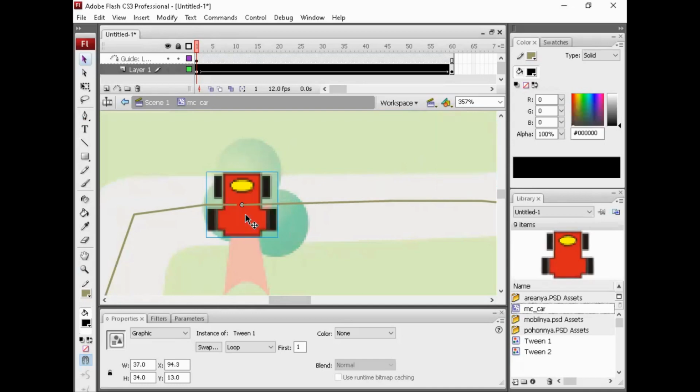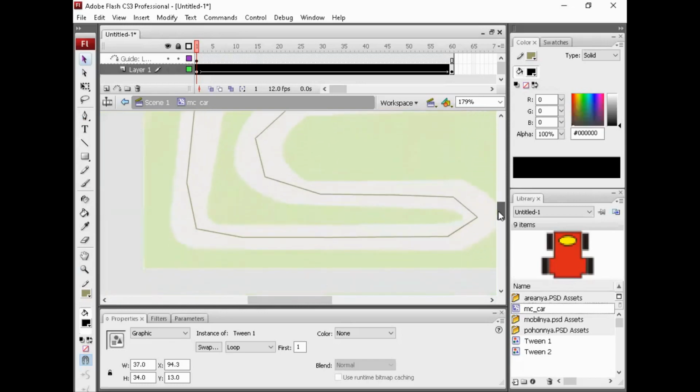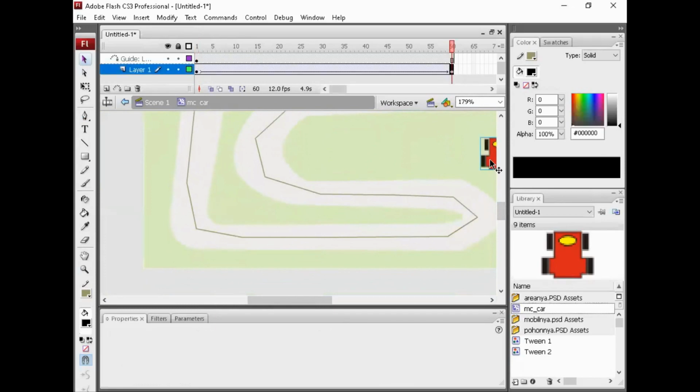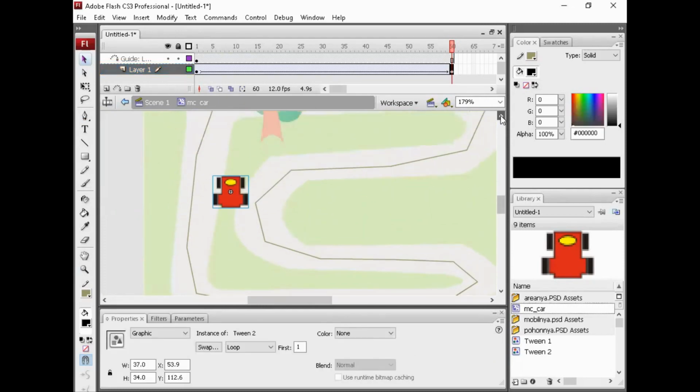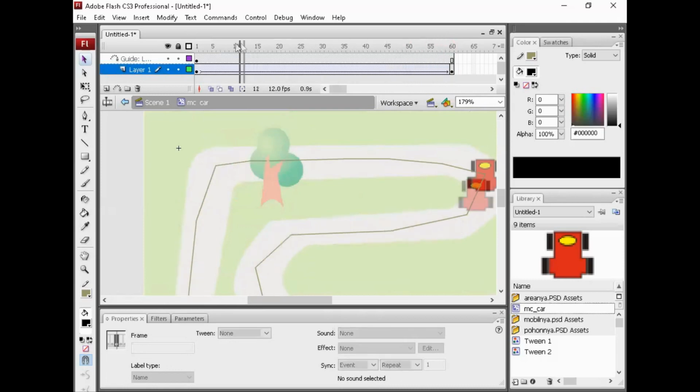Okay, Ctrl minus. Here, click, hold, move. Be careful. Click, hold, move. Okay, that's it. End of the guide.